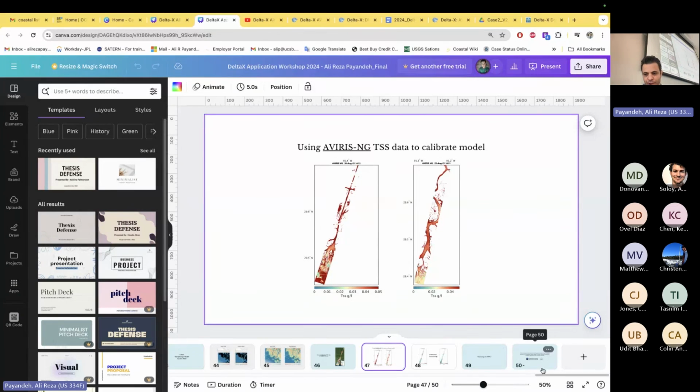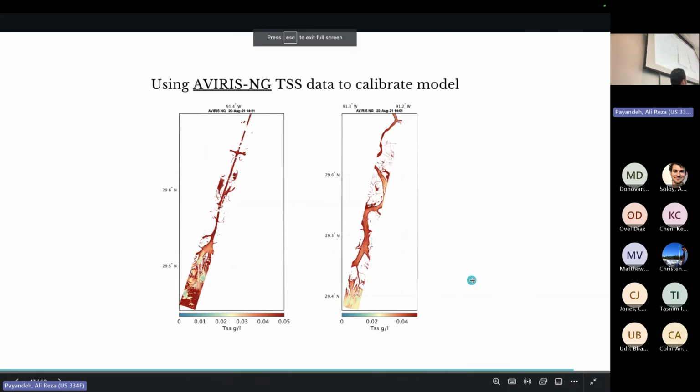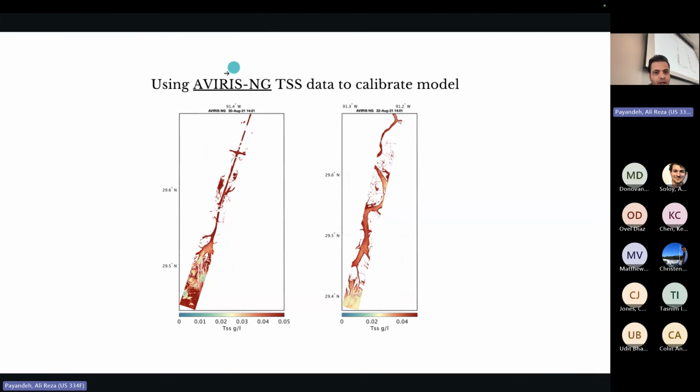For example, these two are two different acquisitions. The time of the acquisitions is here. One is 20 August 2021 at 2:21 in the afternoon. This one is for another time. So it's better to compare your model with